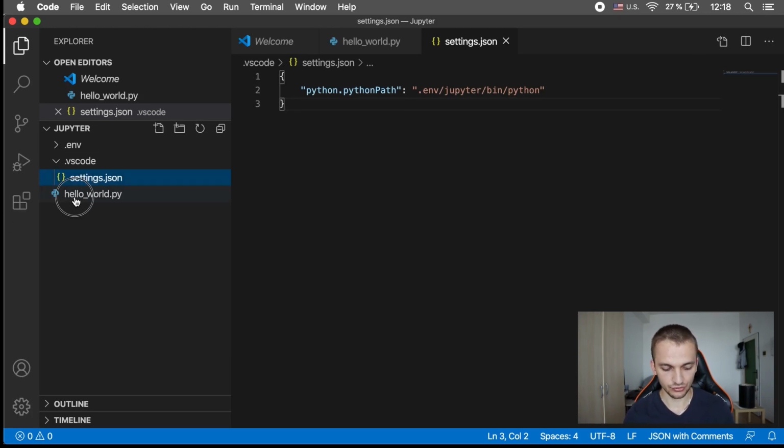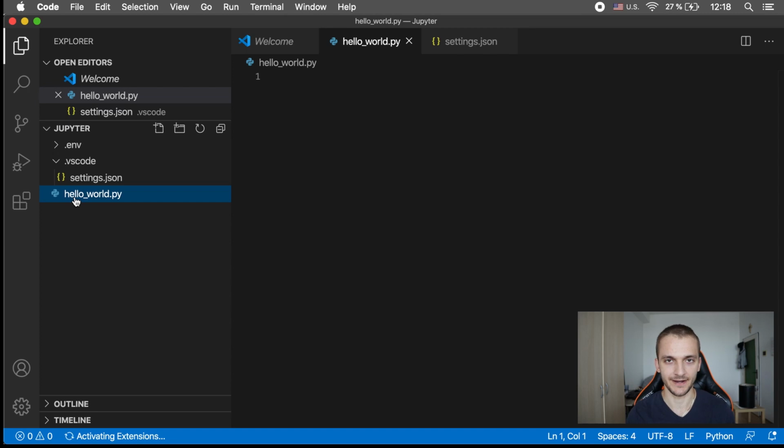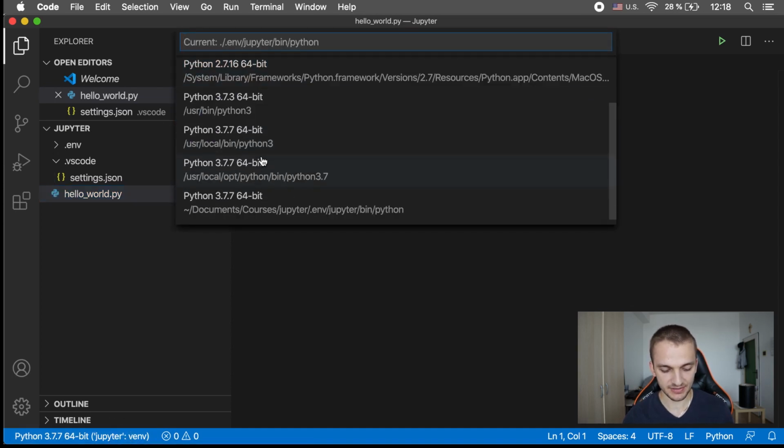And when you go to a hello world or to any Python file, you go down here and click here. As you can see, it's automatically using the Jupyter virtual environment. VENV stands for virtual environment. And if you click here, you can change it back to the standard Python interpreter or to your virtual environment. So as you can see, even Visual Studio Code is supporting this virtual environment,